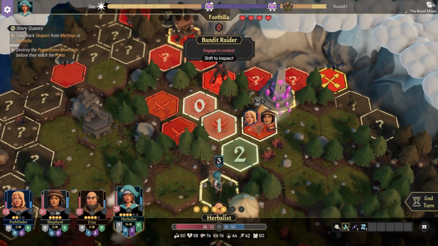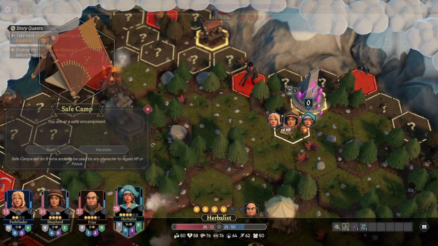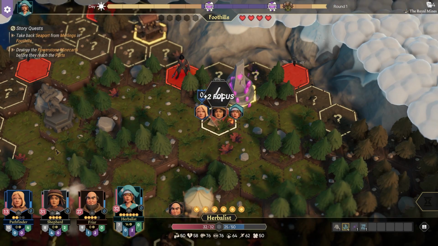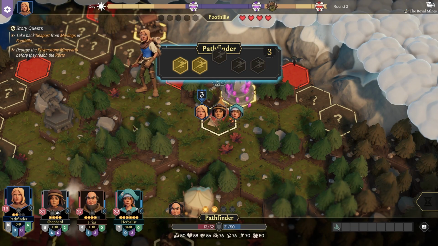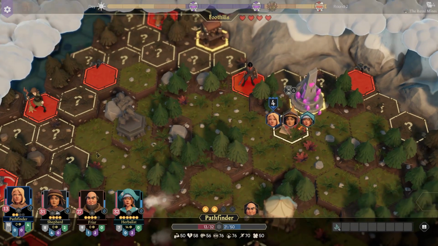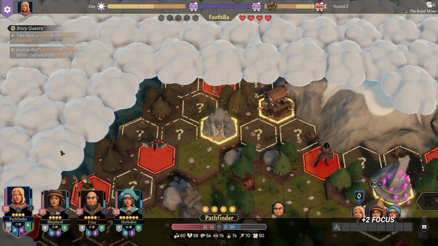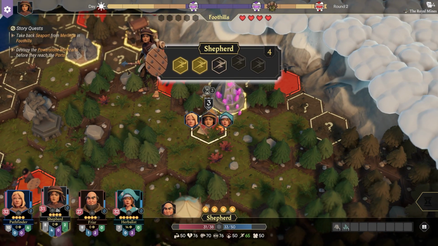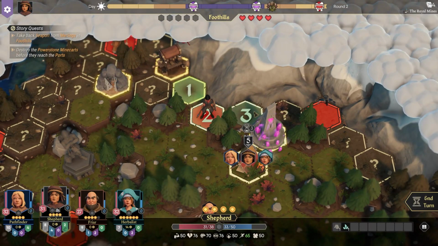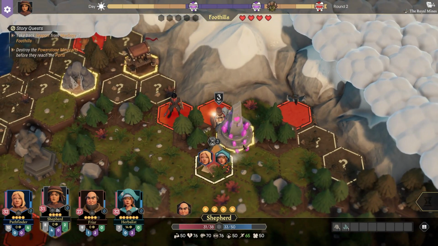I guess the Herbalist can come get into this fight. A nice little rest there. And the Pathfinder's low again, so you'll have to take another rest. And survey. Alright, I guess we've got a cave to get to. A spider cave. Will we have enough XP, though? I guess we'll want our friar to take on this...